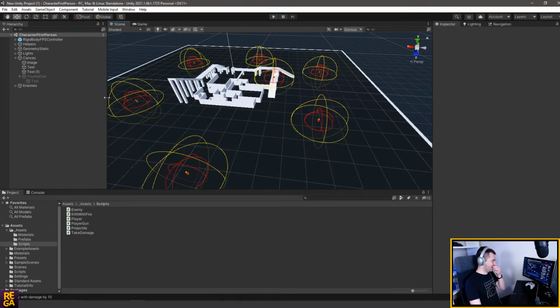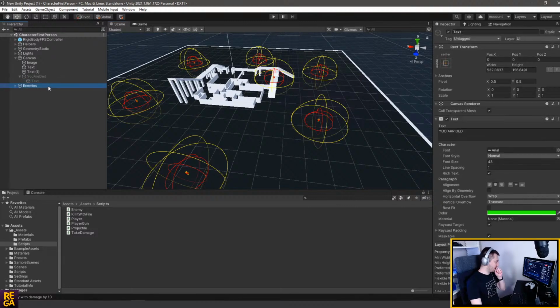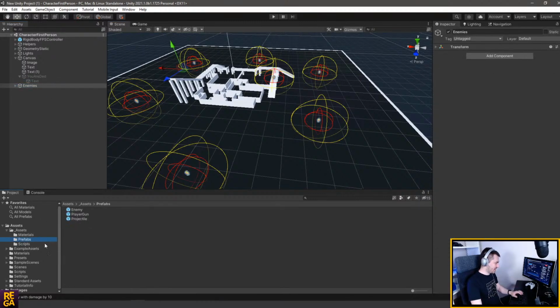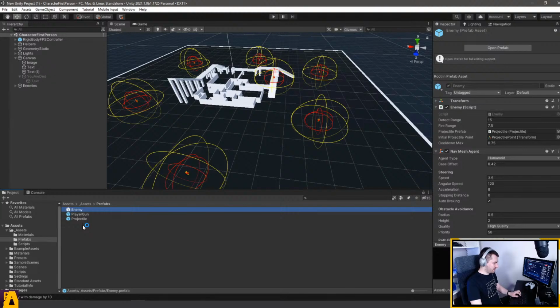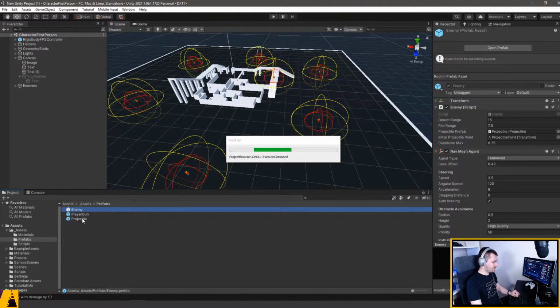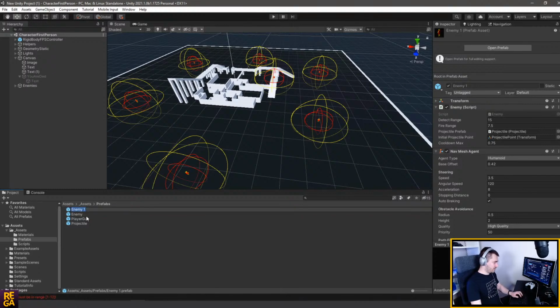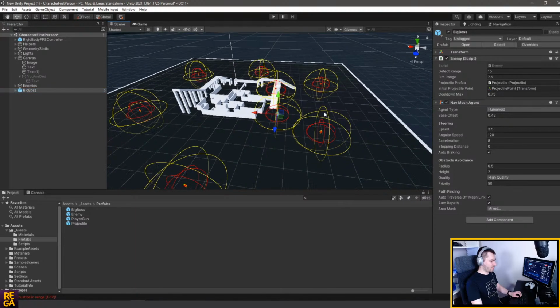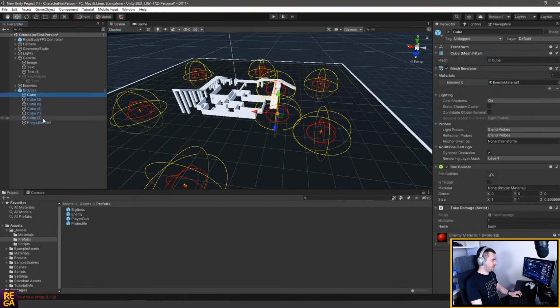Yeah, let's do a big boss. Let's see if I have time, but yeah, why not? So I'm gonna duplicate this enemy prefab and call it big boss, and I'm gonna put it in the scene because I want to see